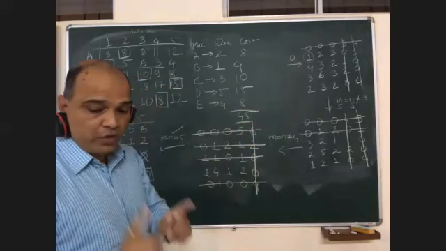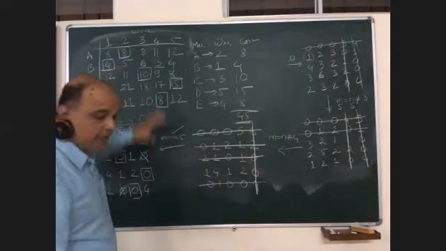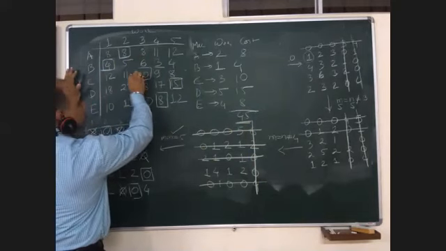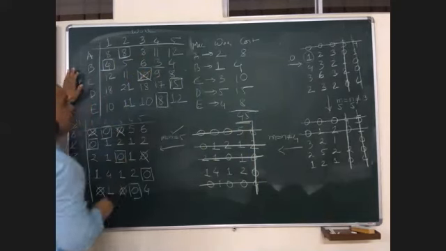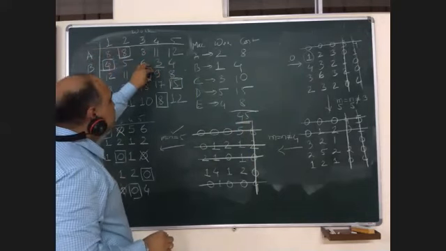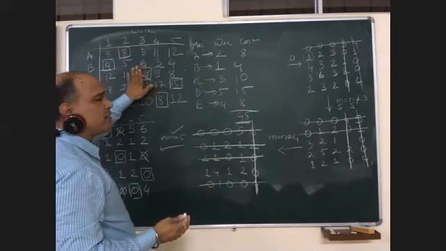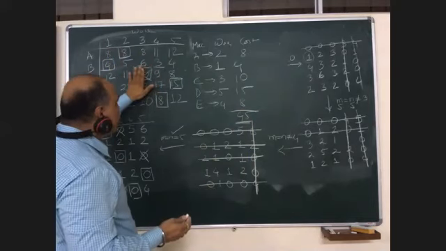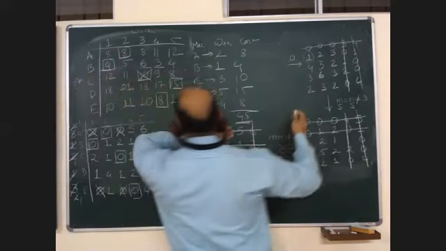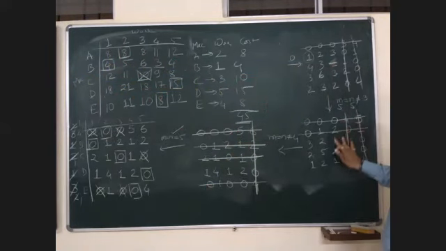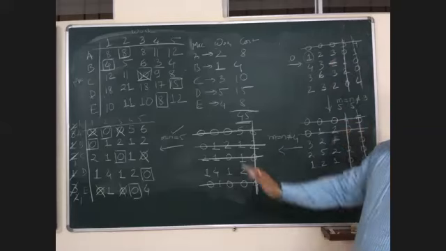The only difference in the main problem will be you may get restrictions. Suppose this is restricted in the original problem. So what will you do? You will not consider this place. No subtraction, no addition. Everywhere this remains restricted. Clear to all? And you will get the final answer.